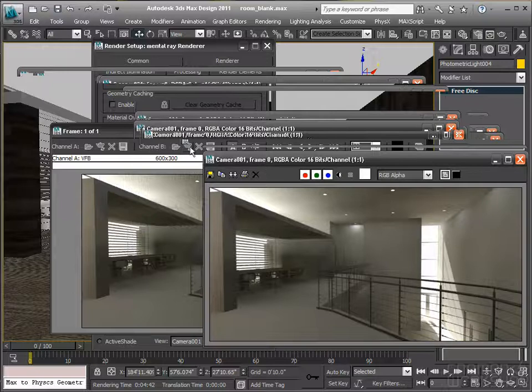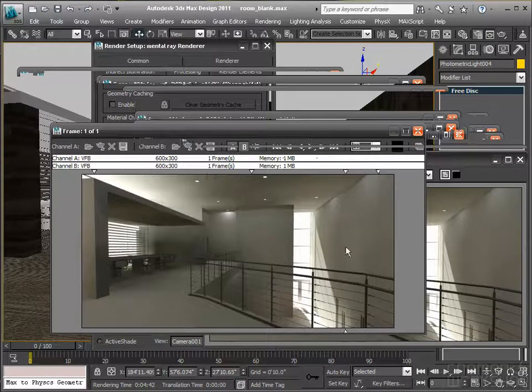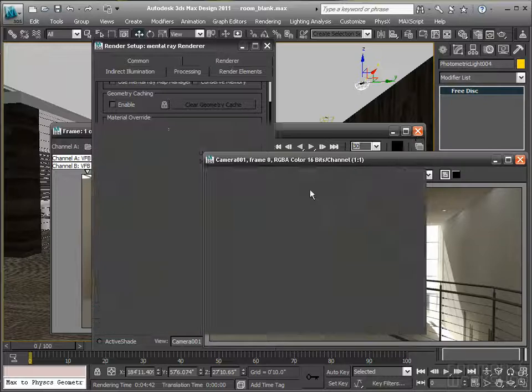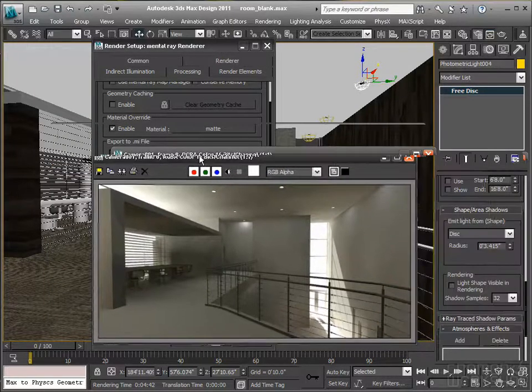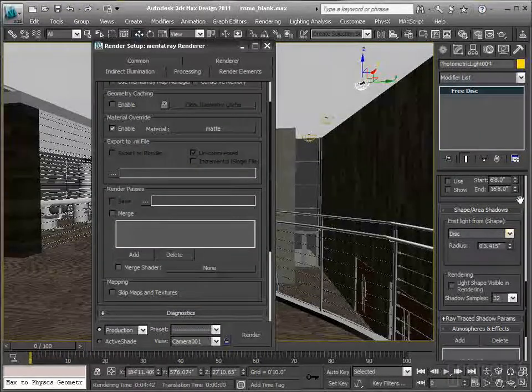But you can see that the quality is there. It basically is taking your same point shadow and spreading it 32 times, and it's doing that for every light. I mean, it looks nice, but it's really slow, and I'm going to show you something that's a little more accurate, or more physical, and won't take as long to render, and that's using your